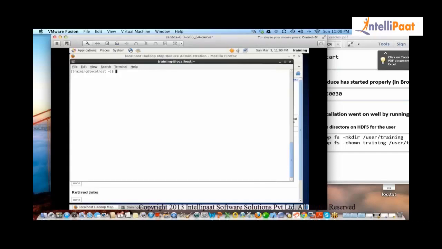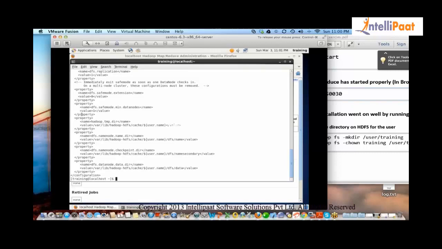So now we have our input, which has three files. Let's run a Java program that is already written, which will tell you how many variables in these configuration files start with DFS. Let's first look at it with our own eyes and then see whether the program is right or not. Let's go through each file and see how many of the variables start with DFS.